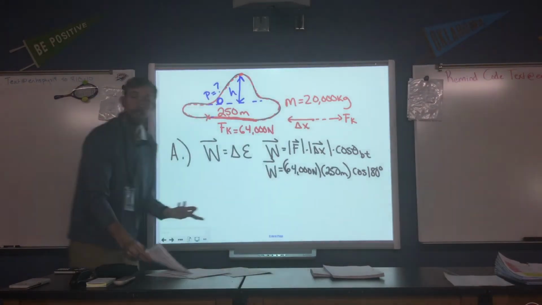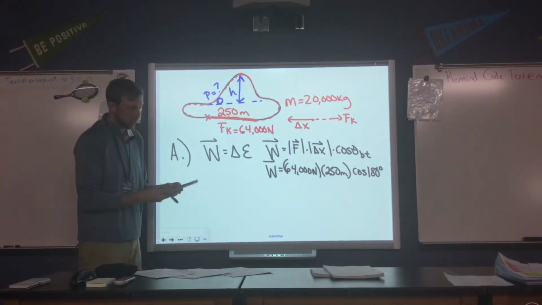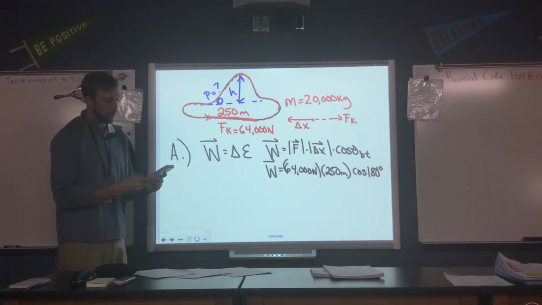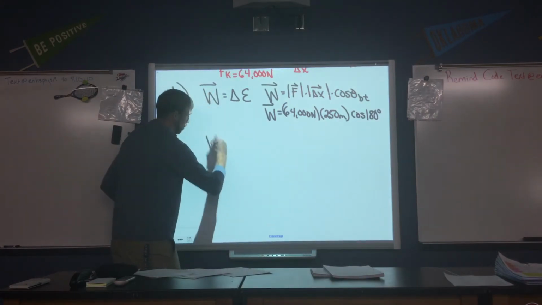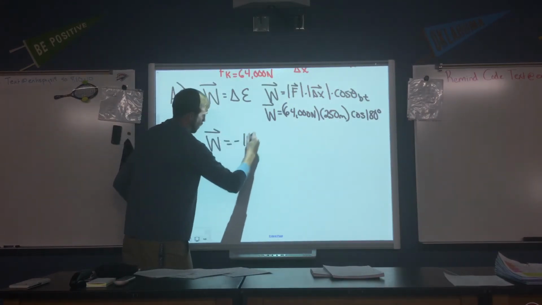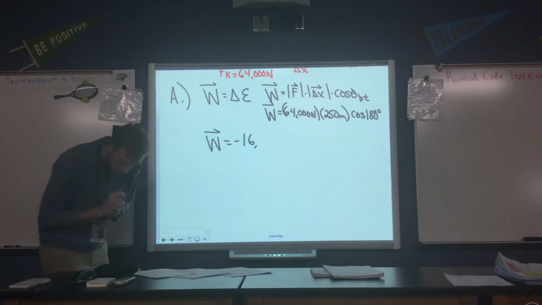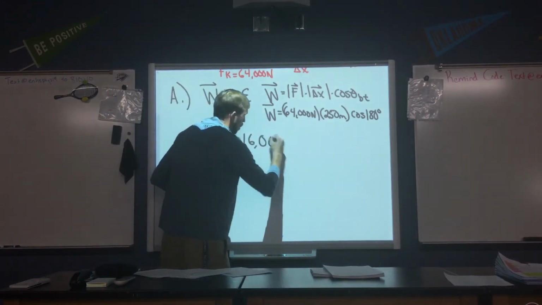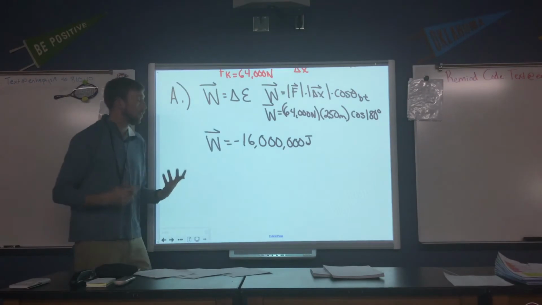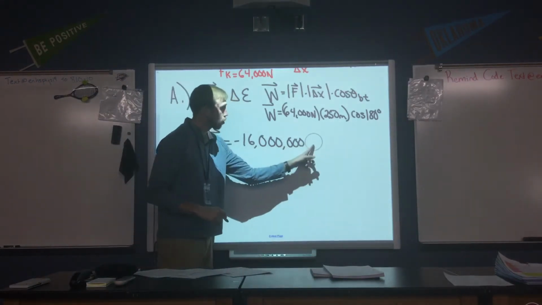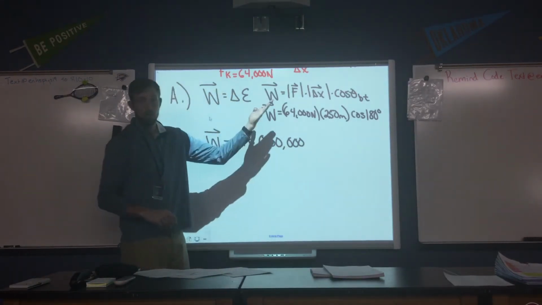So now we have enough information to solve for the work being done, 64,000 multiplied by 250, multiplied by cosine of 180. Now we're going to get a very large negative number here. It looks like negative 16 million joules. Now that number seems very, very large, but remember, we're taking an extremely heavy object, this roller coaster car,